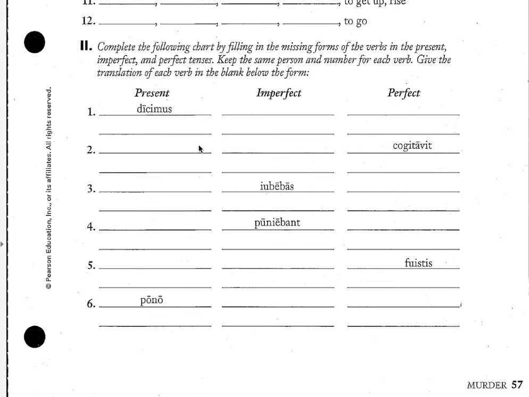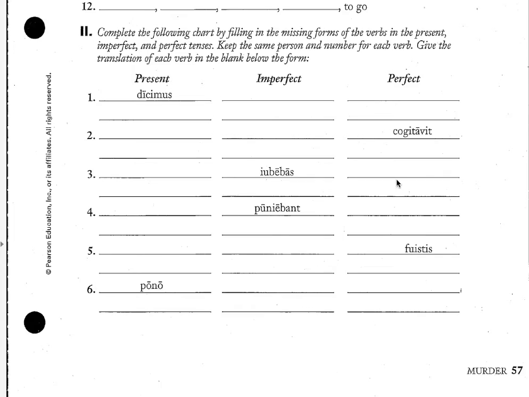Another one here. Cogitavit comes from cogito, cogitare, which means to think. So this is the perfect that is given. Note that V again there. So here you're going to write, this is third singular, so this will be cogitat, and this will be cogitabat, and this is cogitavit. So again, underneath, he or she thinks, he or she was thinking, and he or she thought. So that's the idea there.